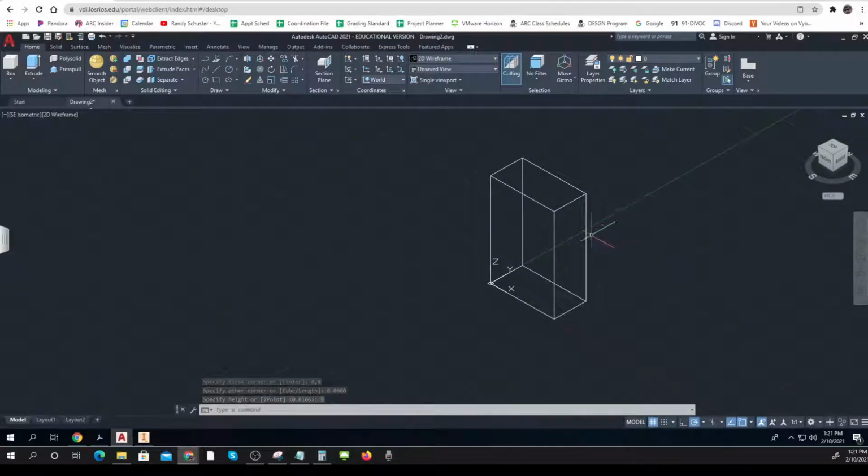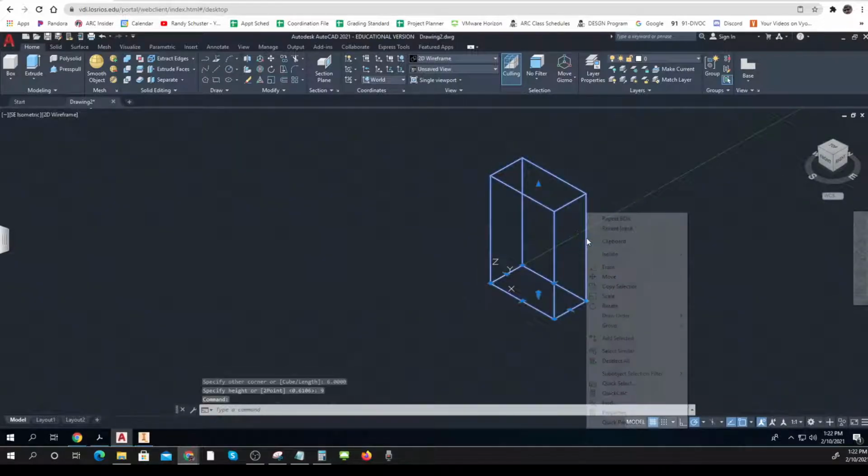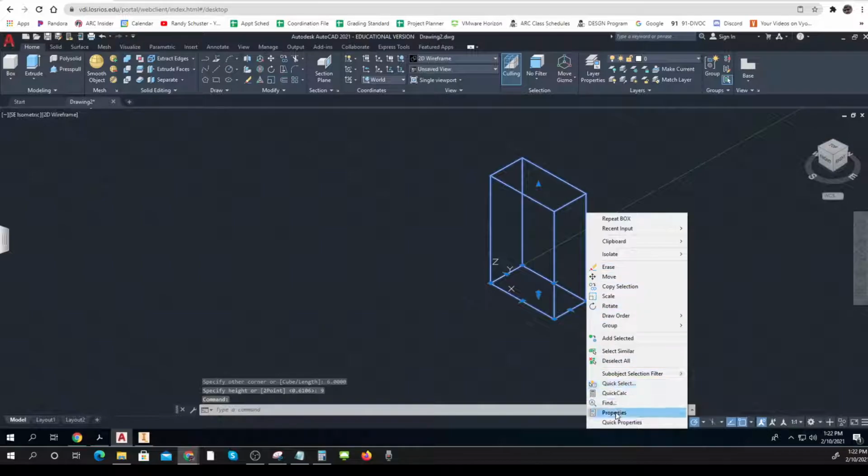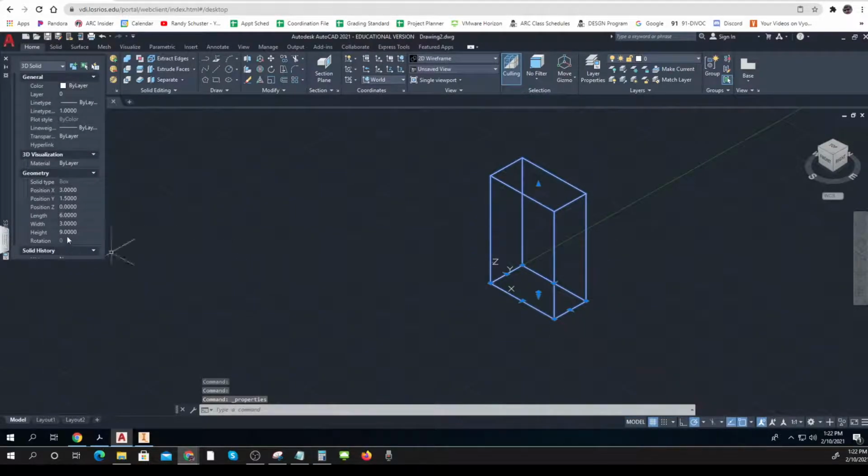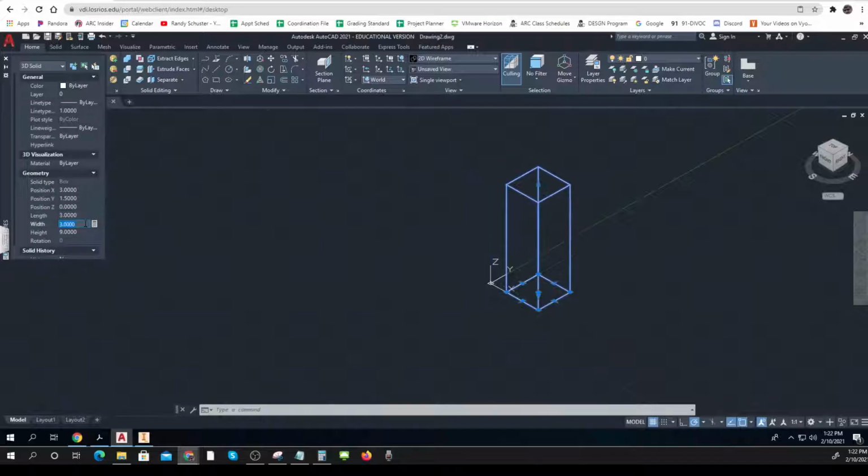So I can either type them in or right click on it and properties, select and right click, and length, width, and height. I can set those. So let me set it as a 3, 4, 5. And so I pick a 3, 4, 5 because Archimedes tells us that that is the favorite set of